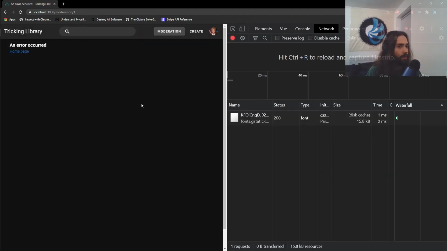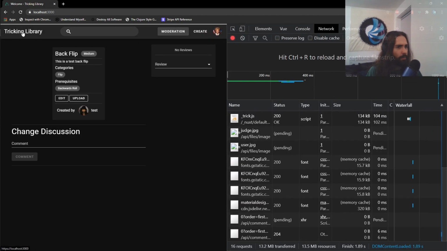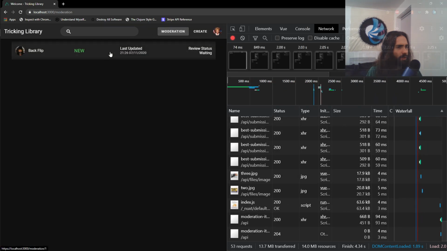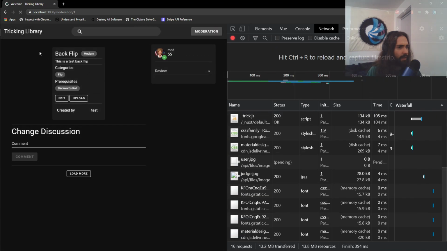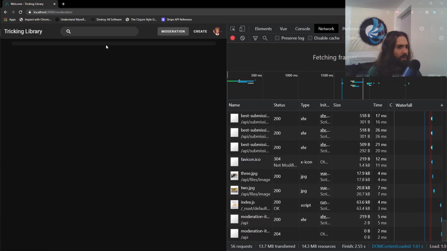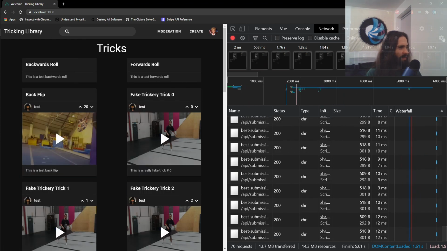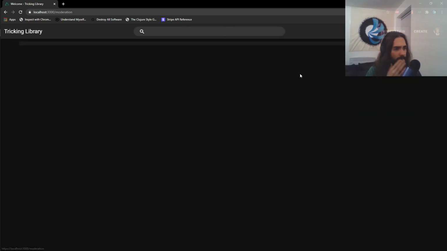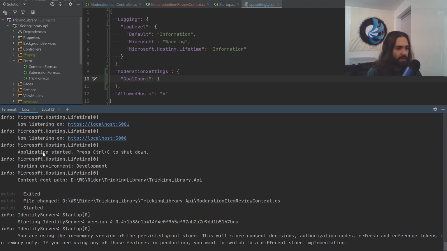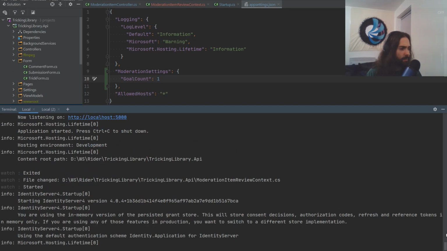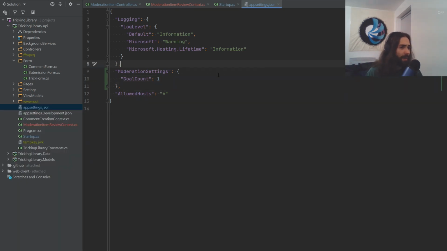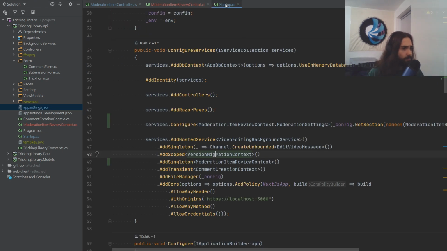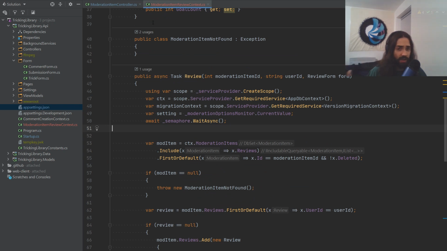And okay, so it took a little bit of time to load, but I think that should have, let's try again. Okay, and if we go back to moderation, okay, and this item is no longer here. So I think it was still reloading. I'm not sure what exactly that was, but let's see if there were any exceptions back there. I can't see any, to be fair. Those are old. All right, so that's working. We can bump this number up or down or whatever, but that's pretty much it for the synchronization of the